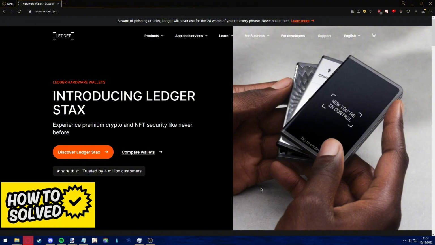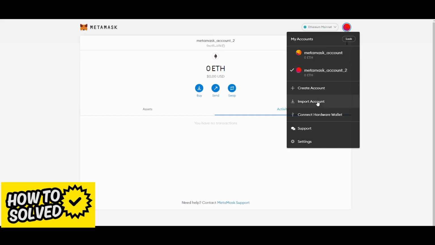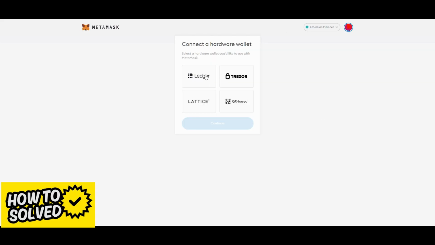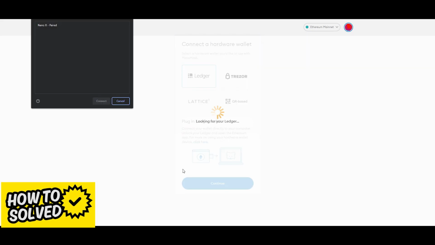The first step before following through with this video is to ensure that everything is up to date and that you are running the latest firmware available for your Ledger. After you ensure that everything is up to date and running the latest version available, the first step to do this method via MetaMask is